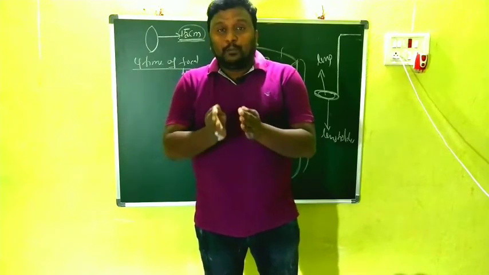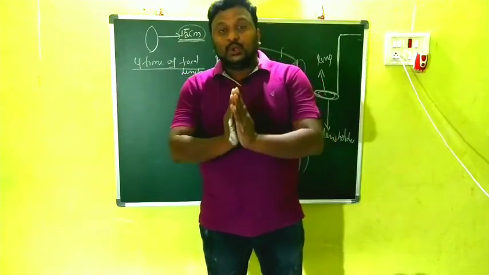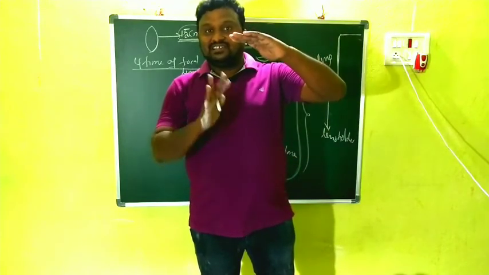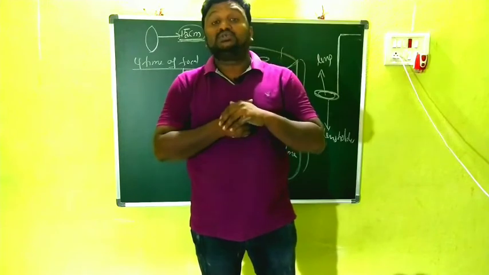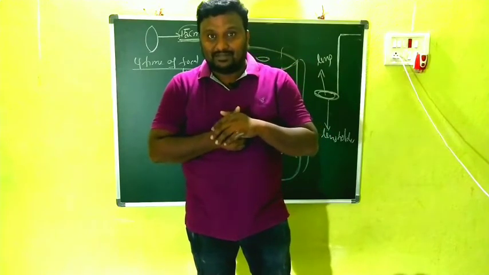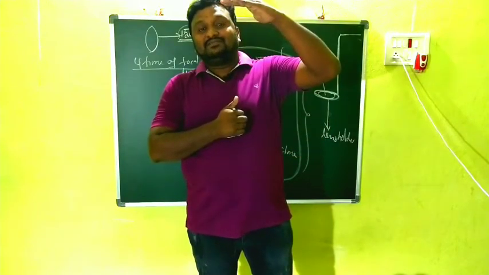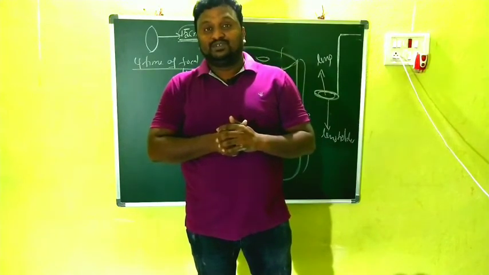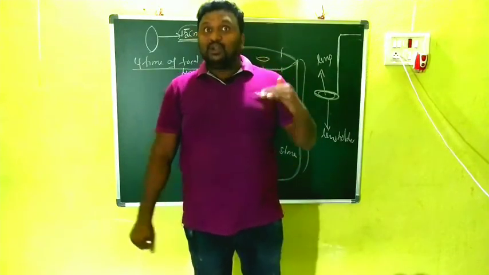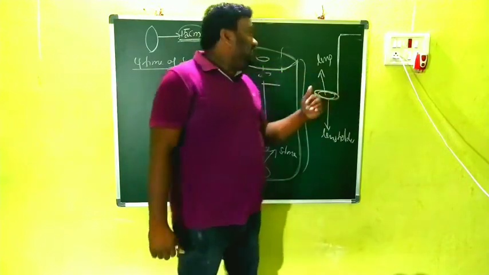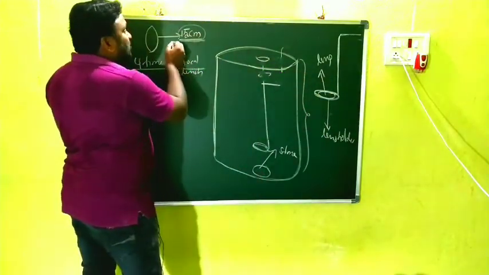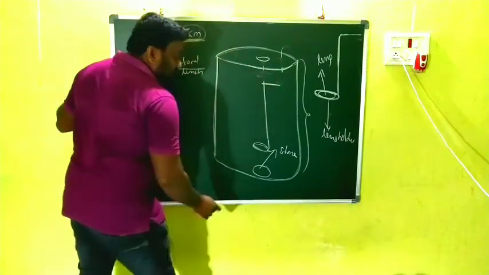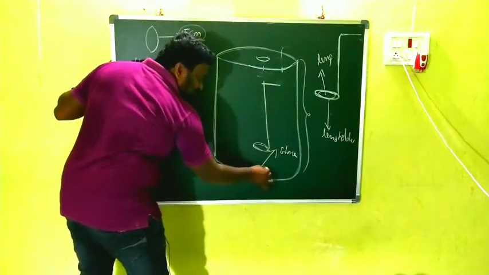Up to a particular distance only you are able to see. After that, if you raise it more, it is not possible to view the stone clearly, and if you raise again, you are not able to see the object. So while we are doing this, up to focal length 15 centimeters. What is the focal length? Up to 15 centimeters. So initially, this is the stone.